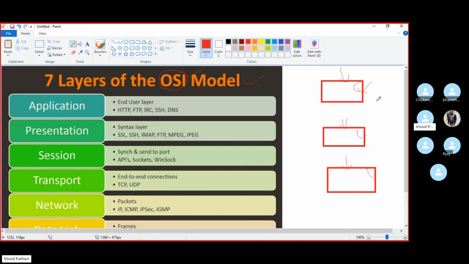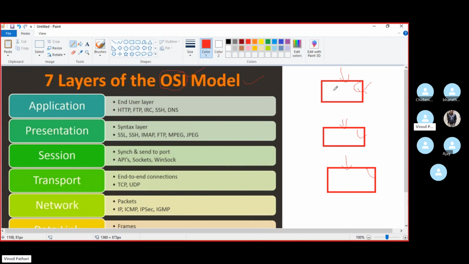So there is an organization, ISO. For each and every field there is a main body, like for cricket we have ICC. Each country has its own dedicated board, but ICC is the main board that designs the rules. In the same way, we have the International Organization for Standardization, ISO, the organization that fixes standard rules.